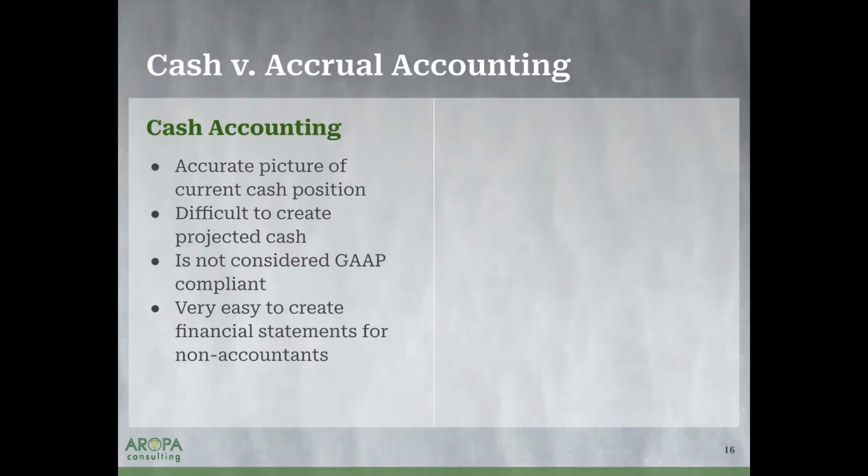So some financial programs, QuickBooks is one of them, will allow you to present your financials in either cash or accrual. So what's nice is you can toggle between the two. And when you do toggle between the two, you should know what that difference is, right? That we're looking at current cash when things are received versus when things are incurred. And again, in that example of Staples, if I went to Staples and purchased everything on credit, in a cash-based system, those aren't expenses until I actually pay for them. In an accrual system, it is an expense right now, even though I have yet to pay.